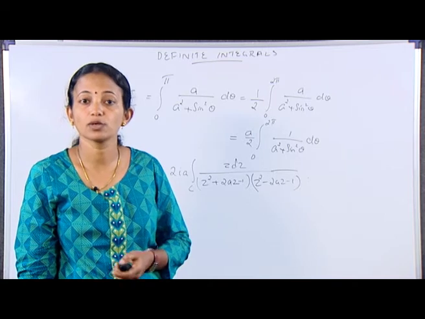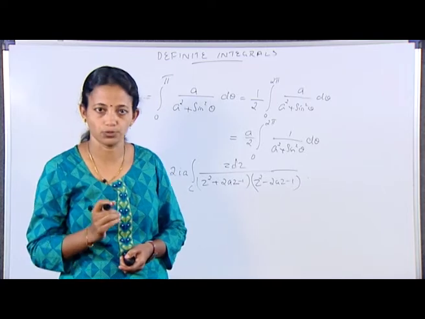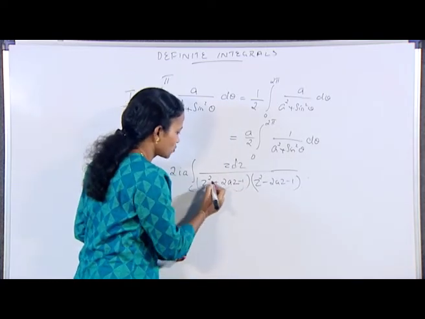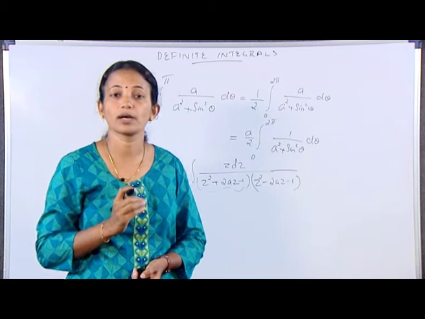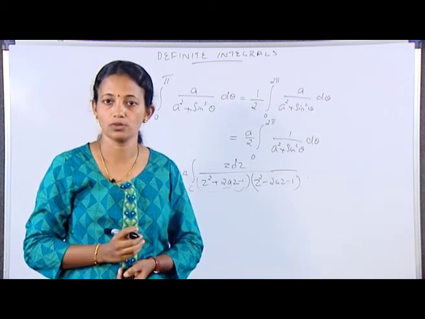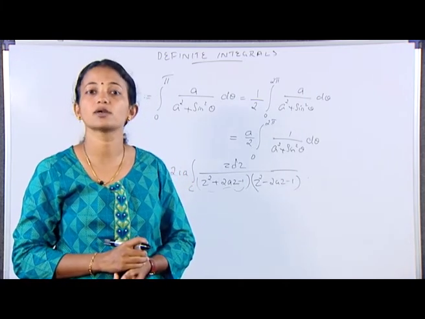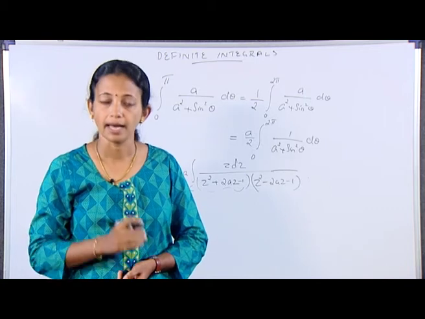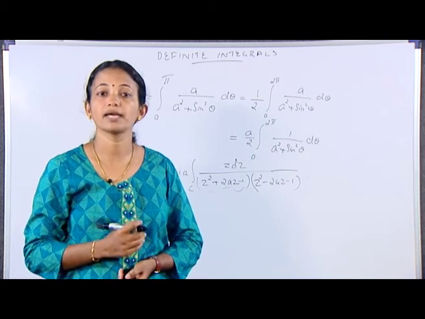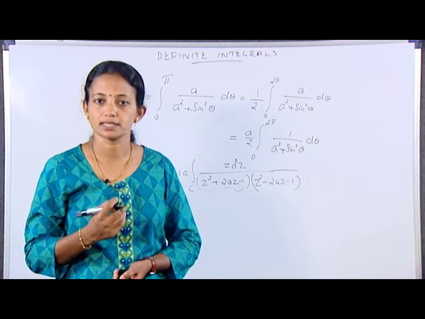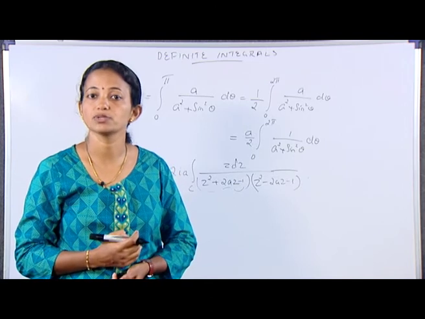center. Let the roots of z square plus 2az minus 1 is equal to 0 be p and q. That is, we are considering only this z square plus 2az minus 1. Its roots be p and q. That is, z square plus 2az minus 1 is equal to z minus p into z minus q. Then the roots are given by p is equal to minus a plus root of a square plus 1 and q is equal to minus a minus square root of a square plus 1. Then z square minus 2az minus 1 is equal to z square plus p plus q into z plus pq. That is equal to z plus p into z plus q.